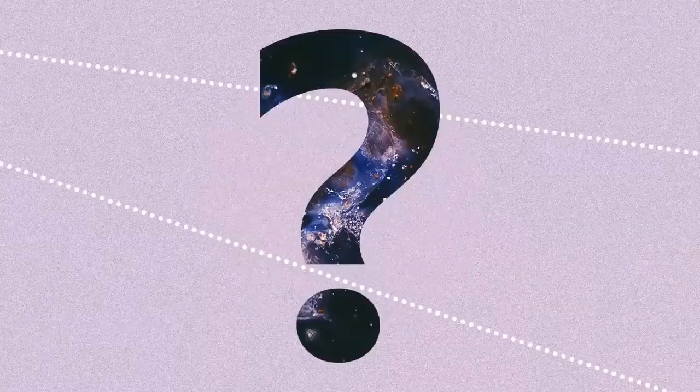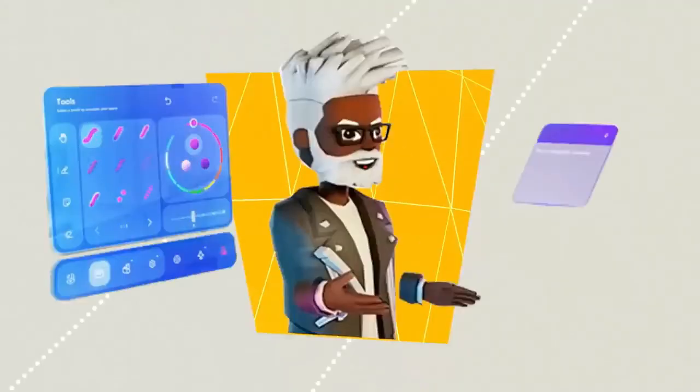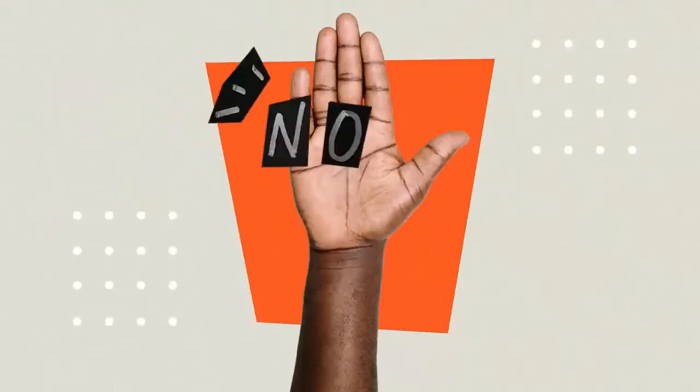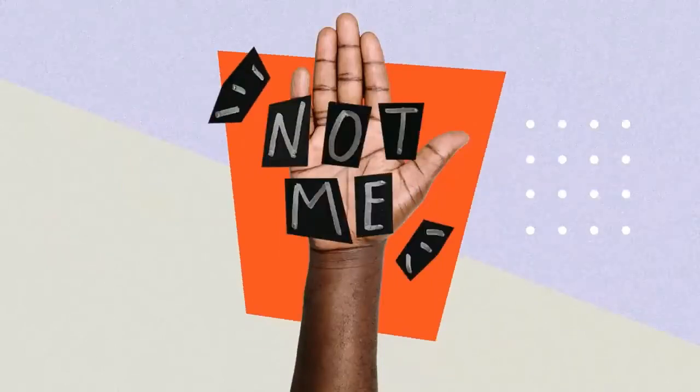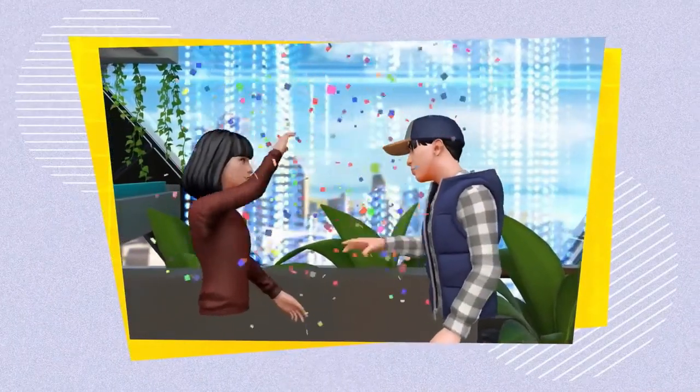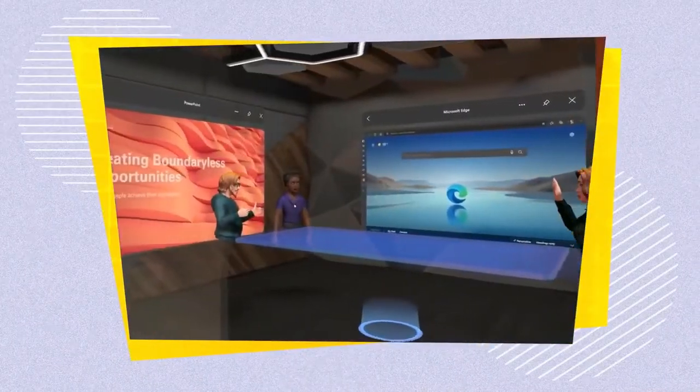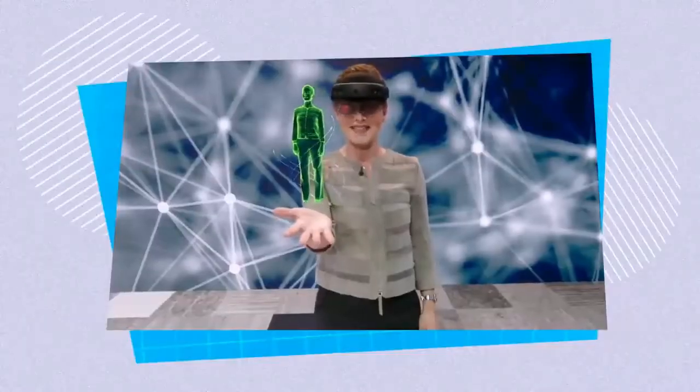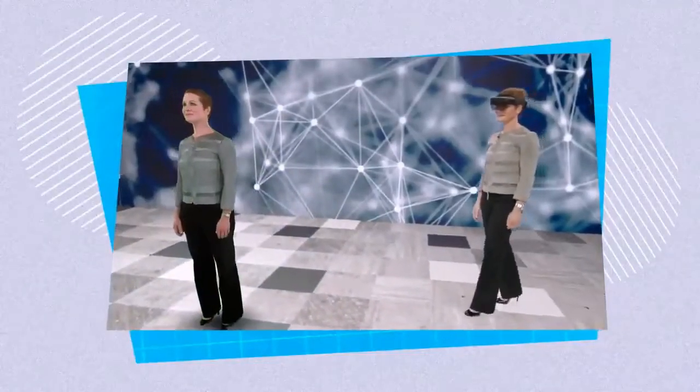Now, I can already hear some skepticism, but an avatar of me isn't me. My digital self is not my physical self. Well, that is technically true, but Microsoft is working to help you better represent your whole self in the digital space, while also ensuring that you can bring your humanity and your agency over that representation with you.